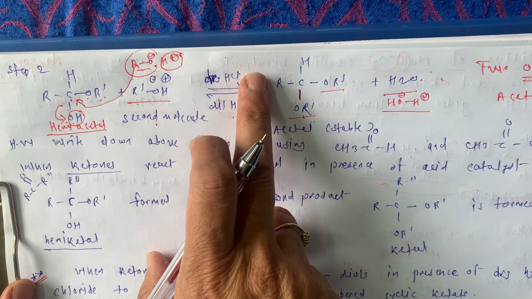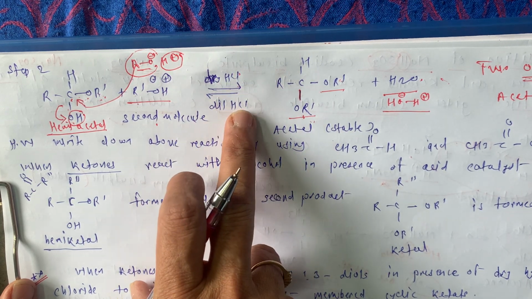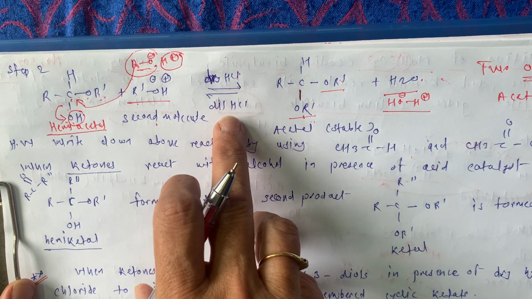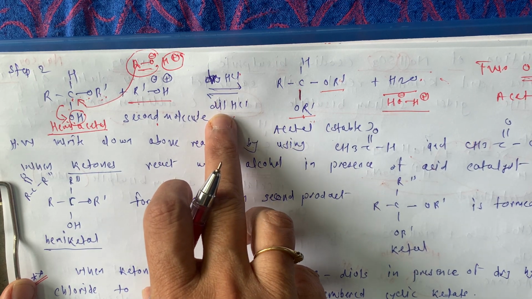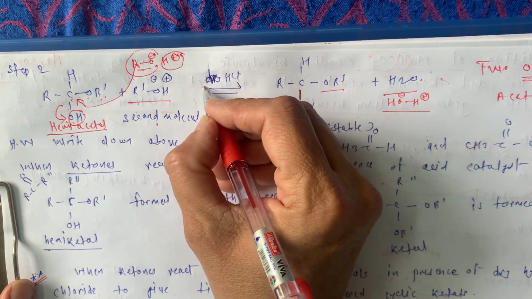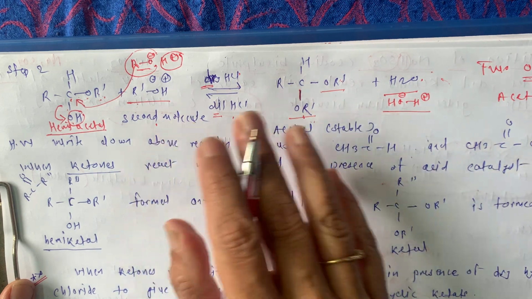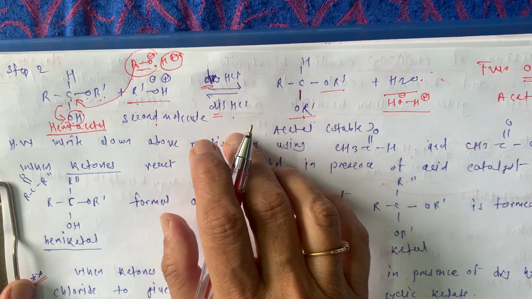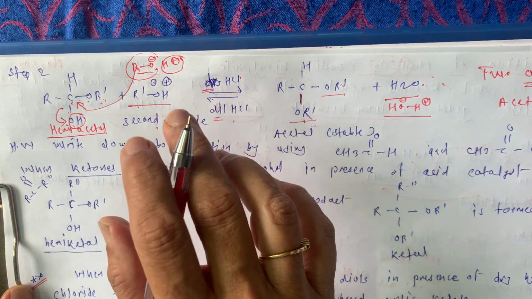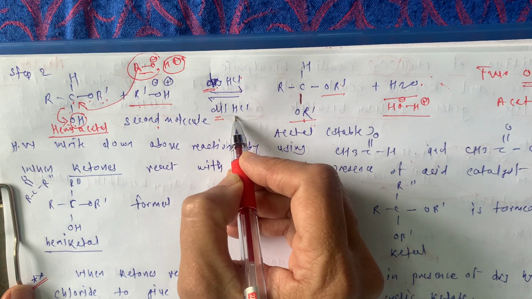Dry HCl, we know that this is with no trace of water, that is the dry HCl. Dilute HCl means the percentage of HCl is less, so this is dilute HCl. Both are similar terms, only you have to mention one is dry, another one is dilute. Both have different properties. But for the 12th standard, we are not going to go in deep. Only remember this is with dry HCl and dilute HCl.